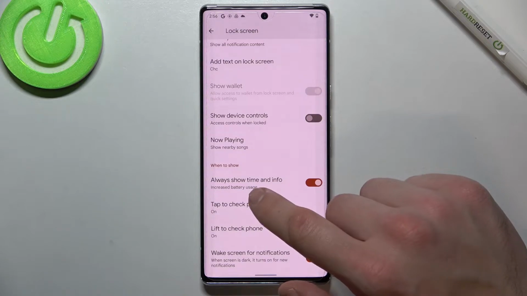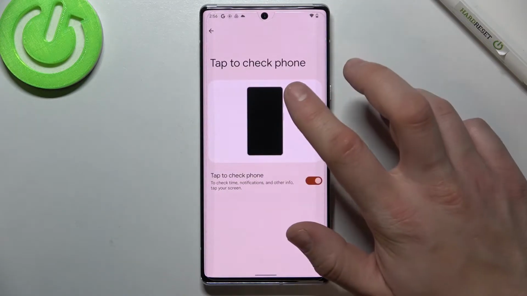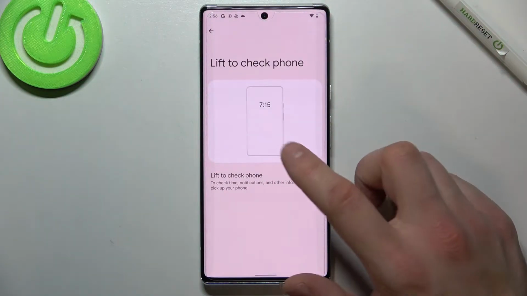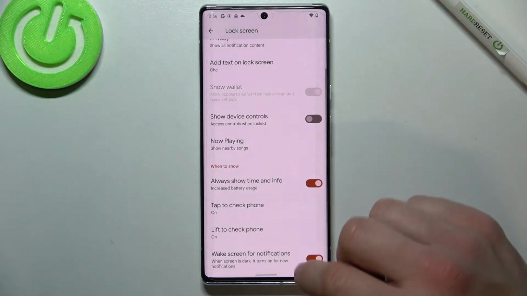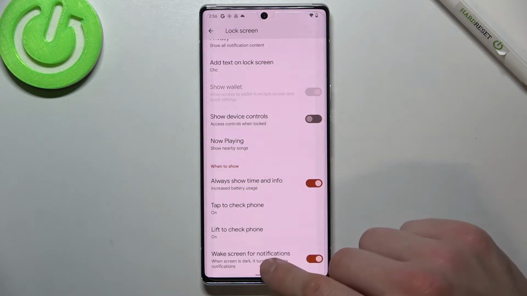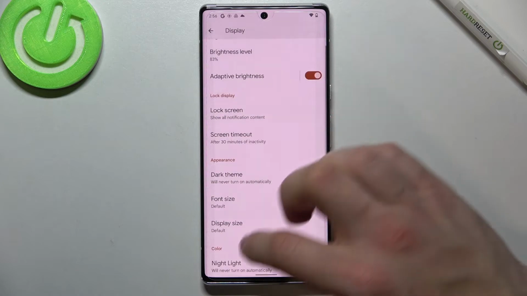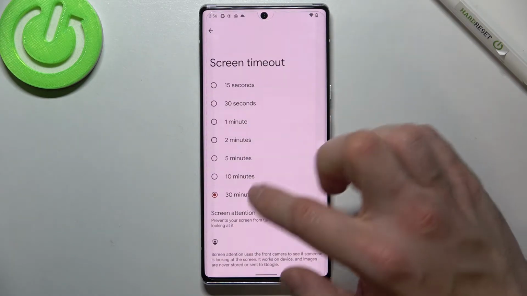enable always show time and info, enable or disable tap to check phone, and lift to check phone. You can also enable or disable wake screen for notifications. Next we've got screen timeout between 15 seconds and 30 minutes,